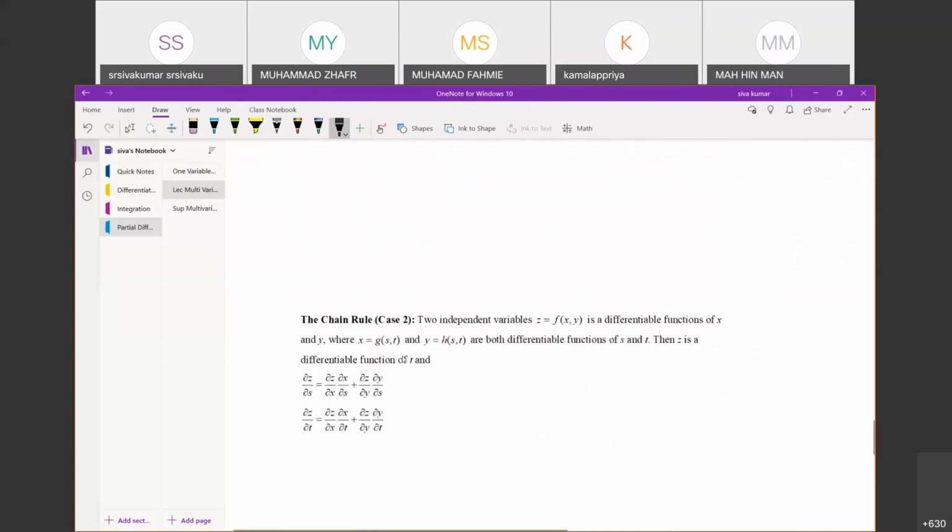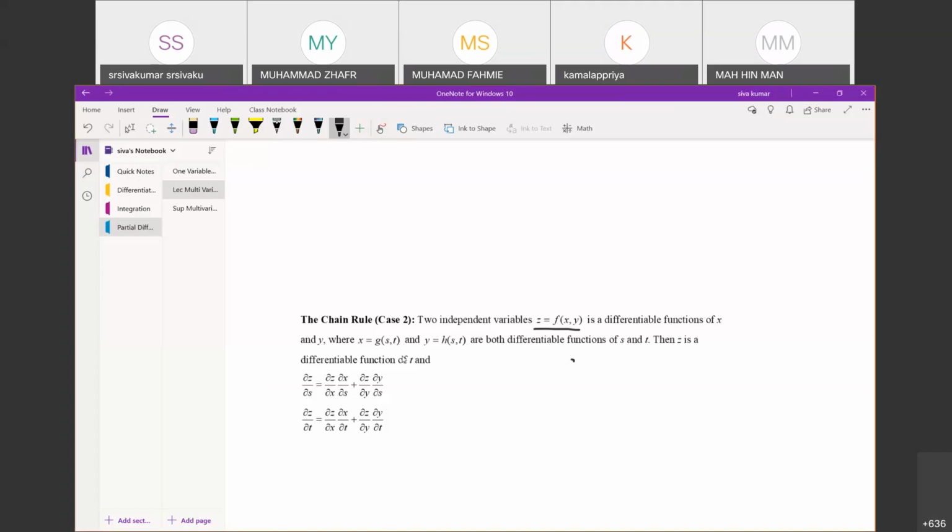If you don't see anything here, I'll start with a simple one. You can see this z. z is a function with two independent variables here, x and y, controlled by f. And you can see x also contains two parameters in the chain. That means it's a composition. x is composed of s and t, and y is also composed of s and t. Therefore, in this particular case, how do we get these two functions? It looks complex, but actually it's very simple to understand.